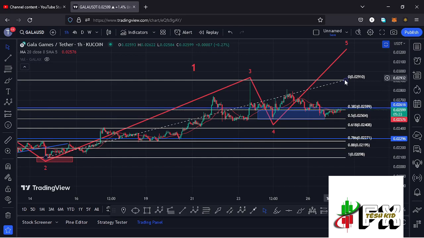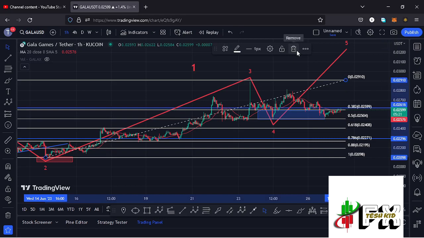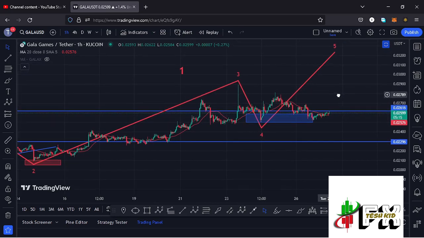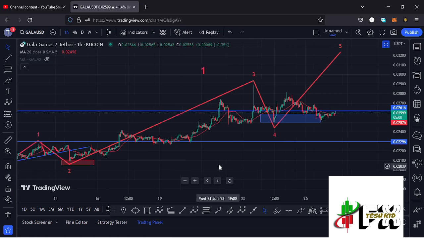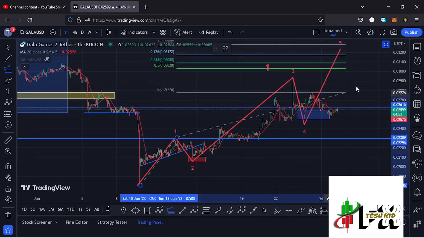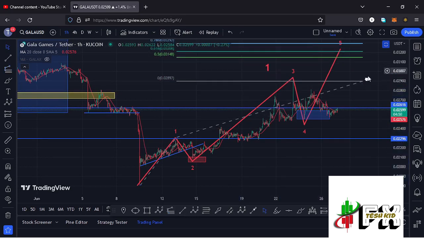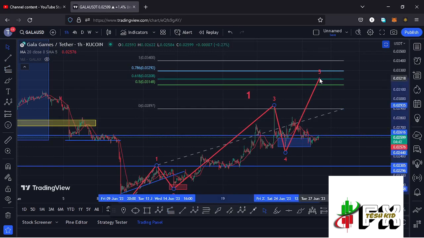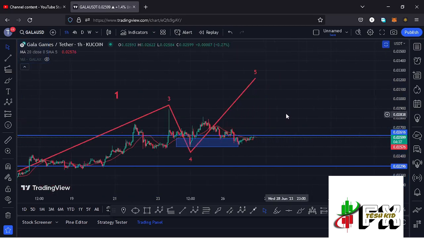And since that area has been fully maximized, I now believe that Gala Games is ready for another massive pump to the upper side in the formation of a larger Elliott wave count 5 to the upside, which is a wave that I have also been giving you its minimum target areas by connecting the trend-based Fibonacci from the low of the first wave to the high of that wave 1, then dragging the fibs to the high of that wave 3, giving me a minimum target area at the fib level 0.618, and that is at around the $0.03208 mark.